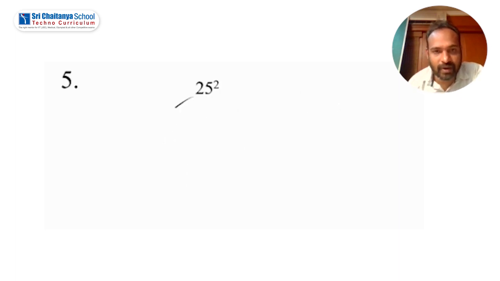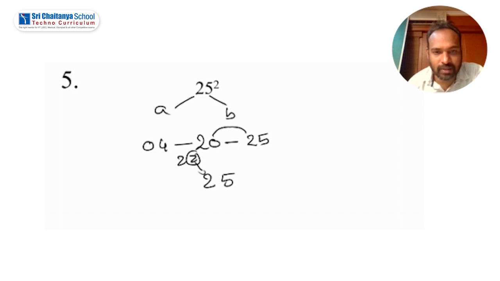25 square. What's the value of A here? 2. What's the value of B here? 5. A square means 4 because A equal to 2. 2 square is 4. 2AB, 2 into 2 how much? 4. 4 into 5? 20. 5 square 25 because B value is 5. Now do the balancing. 5. Take this 2 here. 20 plus 2, 22. Let me write 22 here. We are dropping this 2 in the answer. And this 2 will carry forward. 4 plus 2 is how much? 6. So the answer is 625.